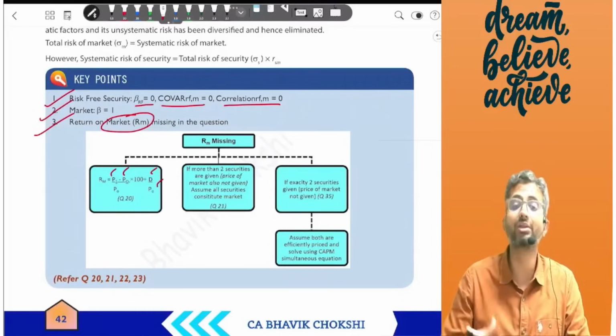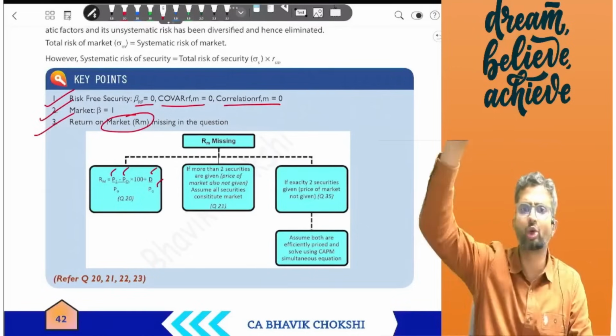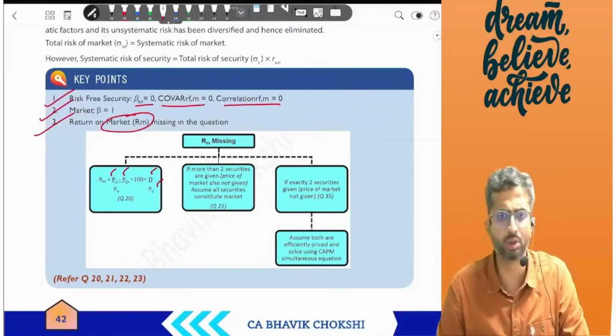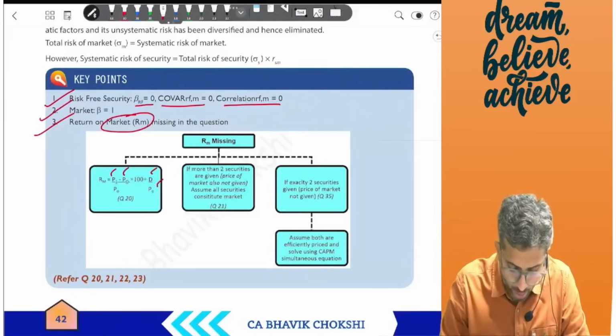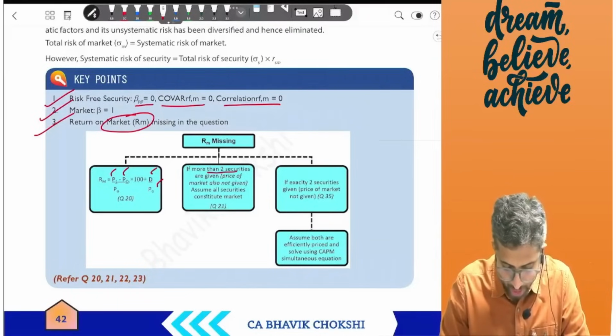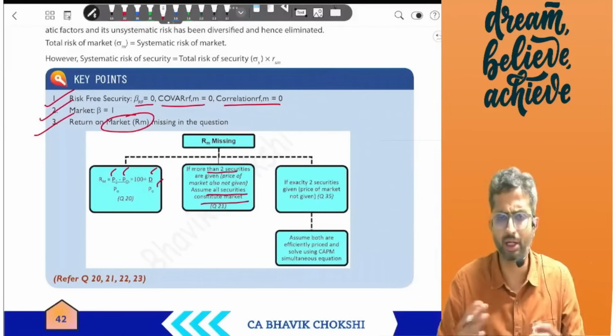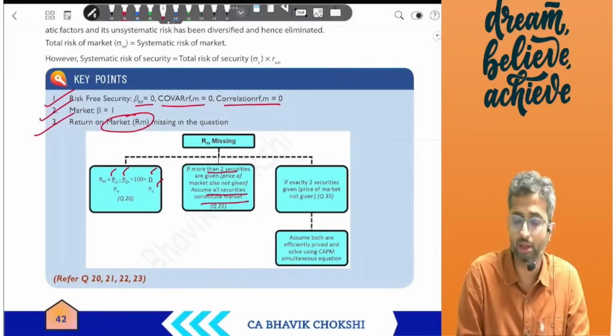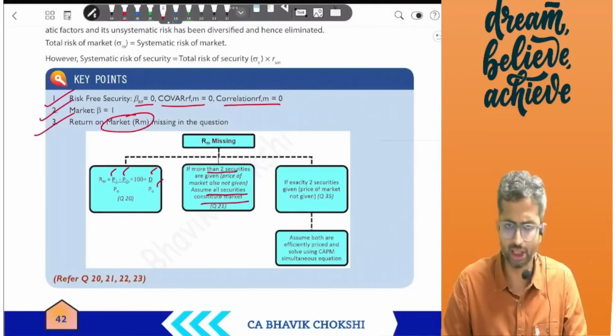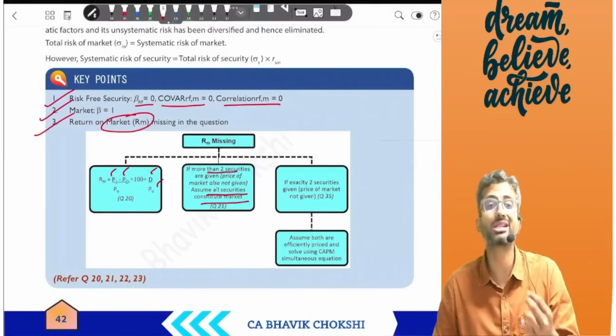We will assume that if there are more than 2 securities, then all the securities together, including even the government securities, will constitute the market. So if more than 2 securities are given, assume all securities together constitute the market and accordingly try to find the market return. But if exactly 2 securities are given which are efficiently priced, you can use simultaneous equations,